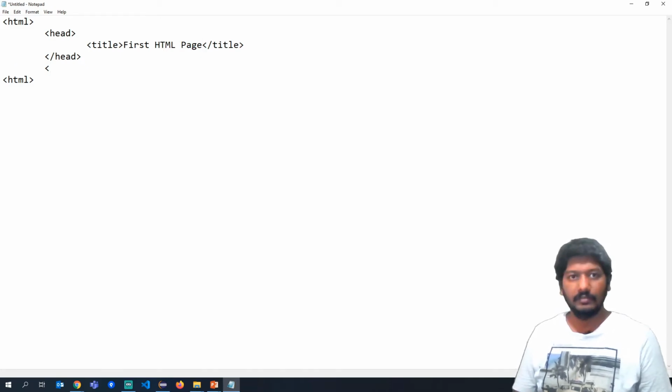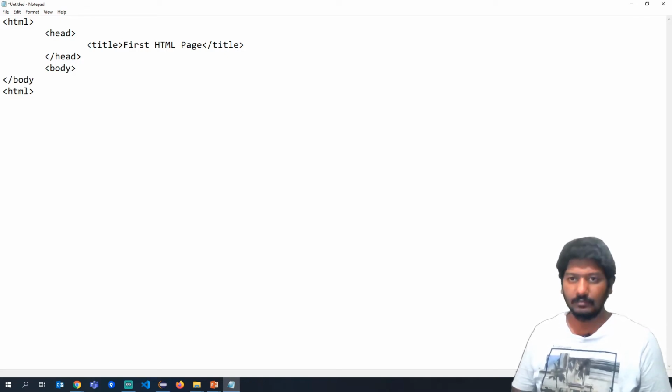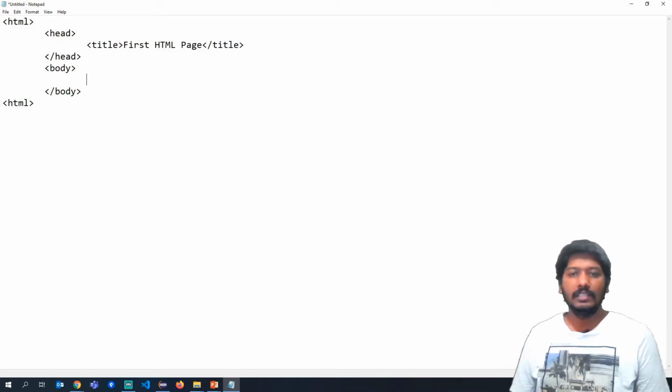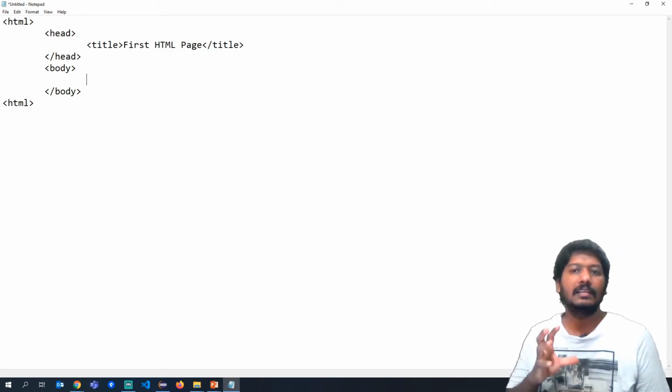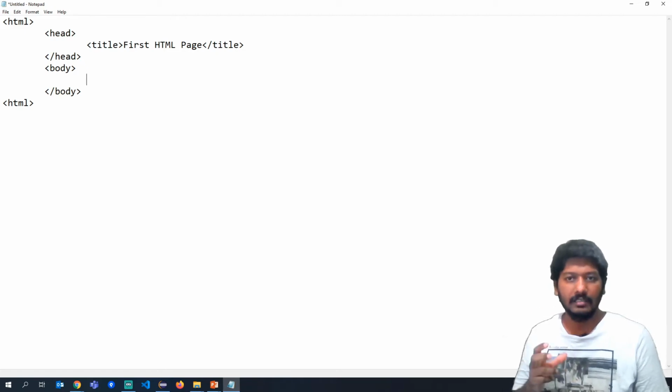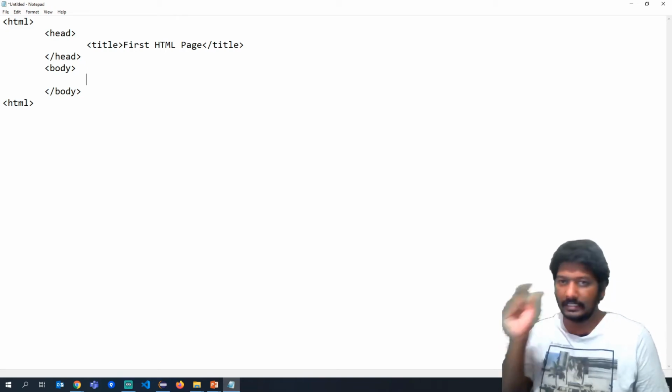and then we have something called body. Body is the part where the entire HTML page will get rendered. Head is where you want to include some dependent files, or set some meta tags, or include a title, like the page title of the browser.